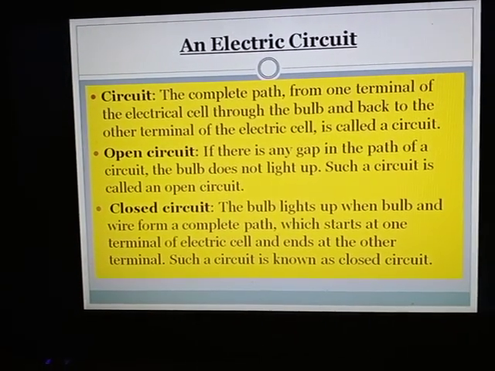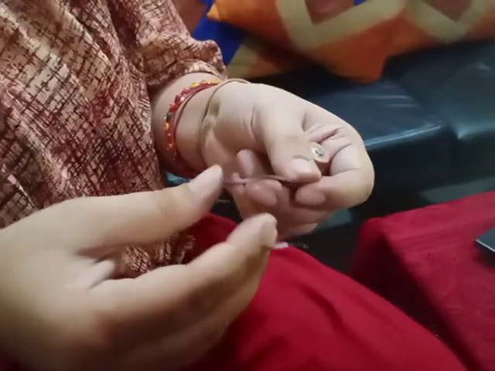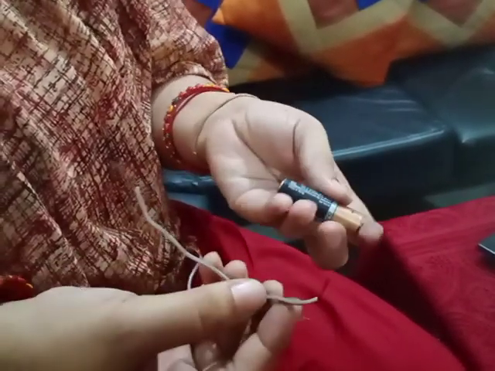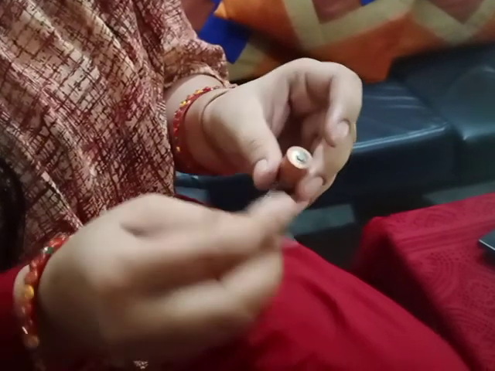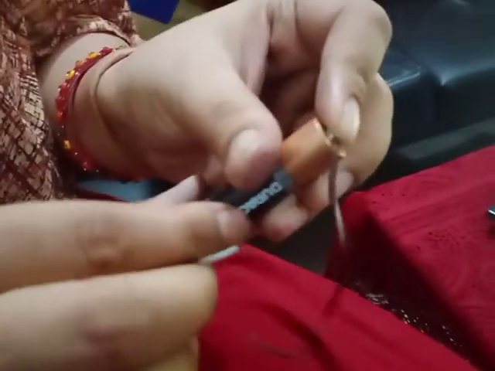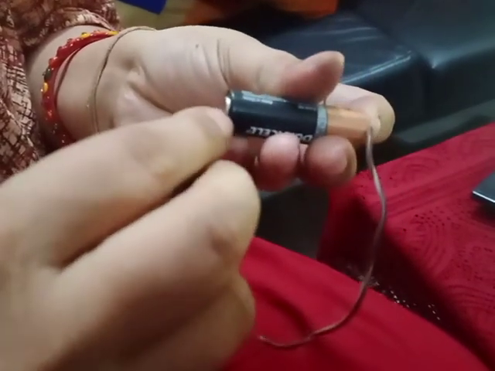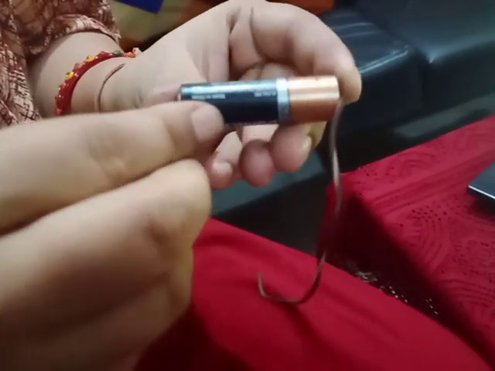So I will show you a circuit. I have two wires and a cell. I don't have a small bulb, so if I connect one wire at the positive terminal and another wire at the negative terminal of the cell,